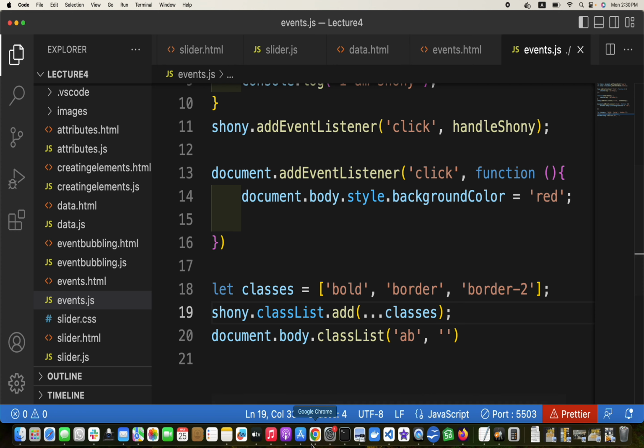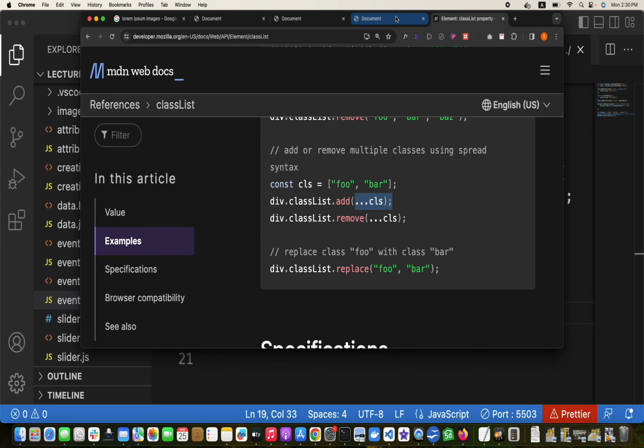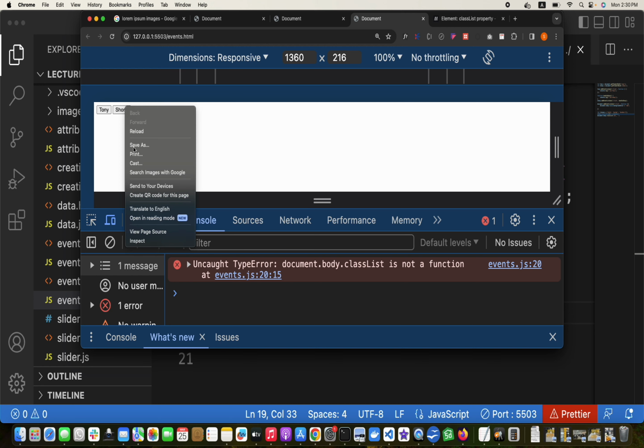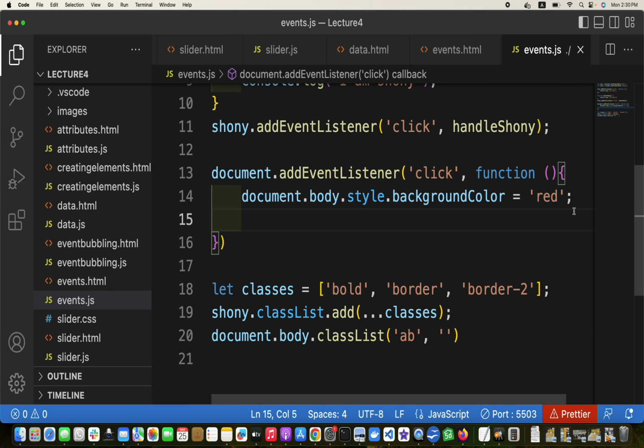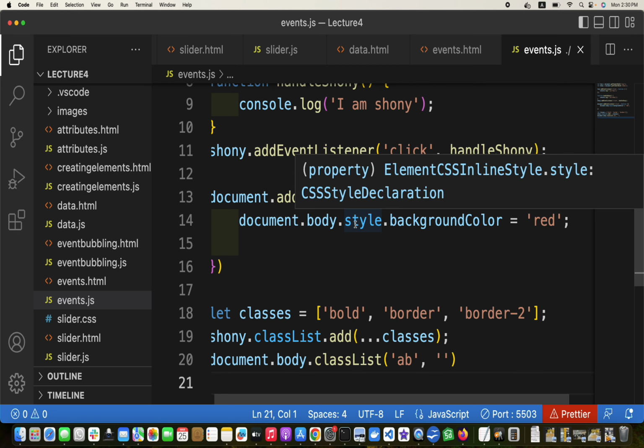Let us go to the markup of this. So it has three classes now: bold, border, and border 2. So dynamically adding CSS classes is via classList dot add, and for adding styles, inline CSS styles,